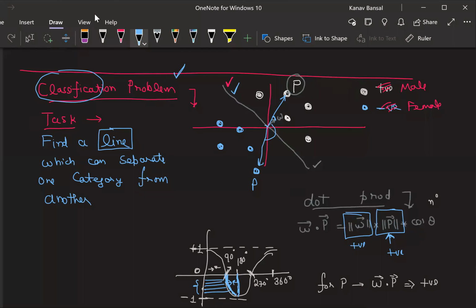Yes, Arti. W is always perpendicular. W is something that is only helping us to know what is the side of this plane. W helps us to understand where the plane is facing, right? And this W is so powerful that we can simply do a dot product to understand whether the point is on the right hand side or the left hand side of the plane. Is it making sense now? I hope this makes sense to everyone.